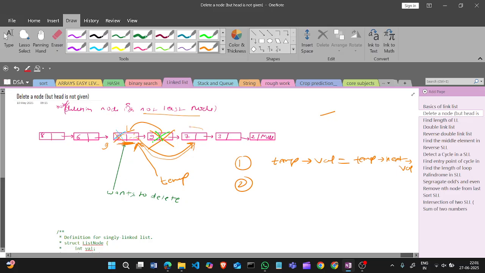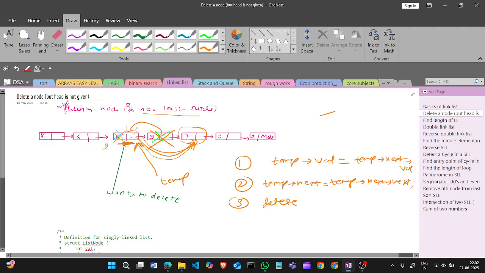Which node is this? This is the temp next's next. So temp next contains temp next next. And the third step is to delete the node.